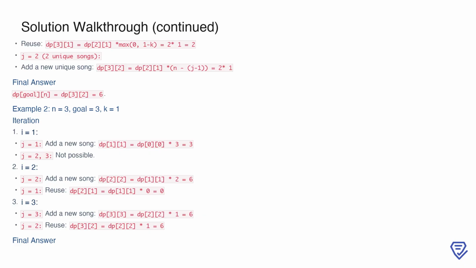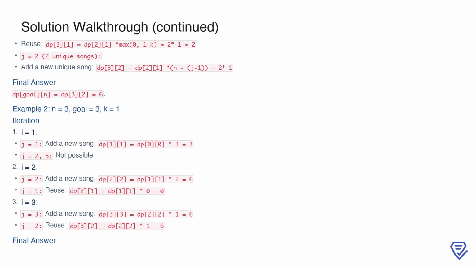For j equals 2, adding a new unique song gives dp[3][2] as dp[2][1] multiplied by the number of available songs, which is 1, resulting in dp[3][2] equaling 2. Summing all valid counts, the final answer for the given parameters is dp[goal][n], or dp[3][2], which equals 6. Let's now take a look at another example where n equals 3, goal equals 3, and k equals